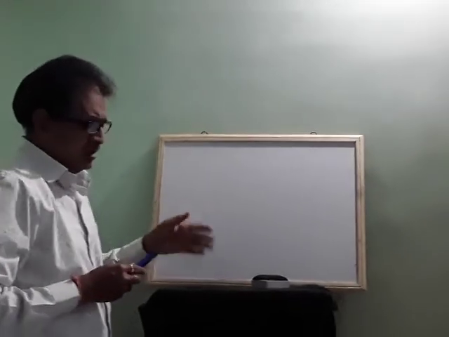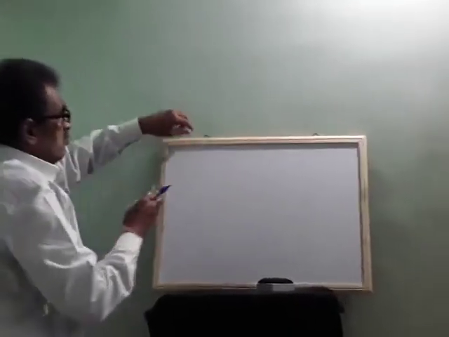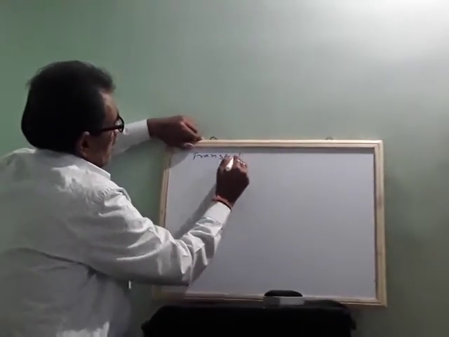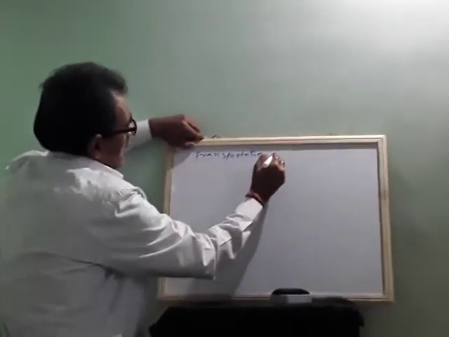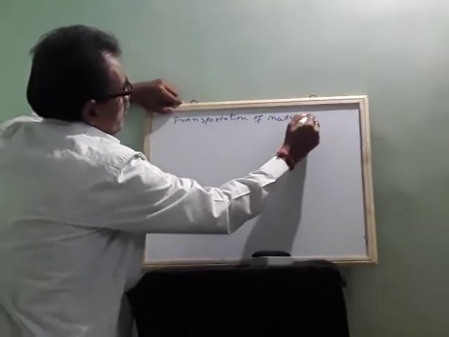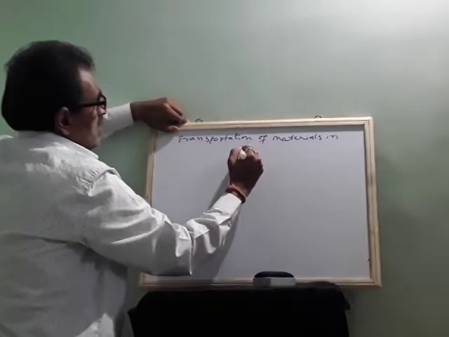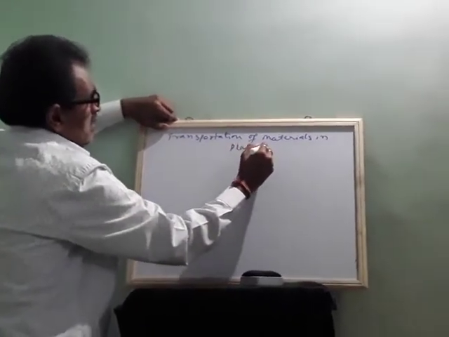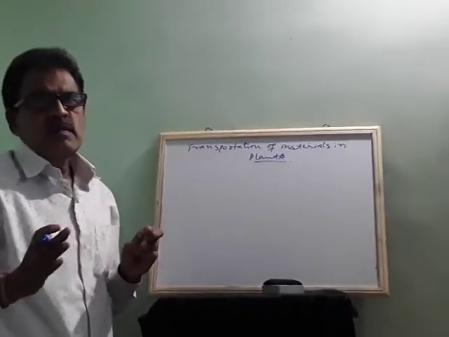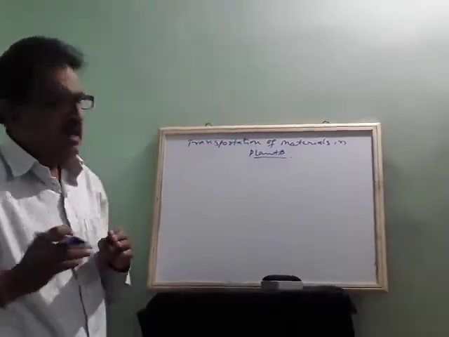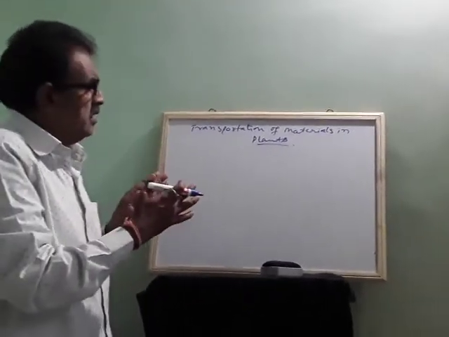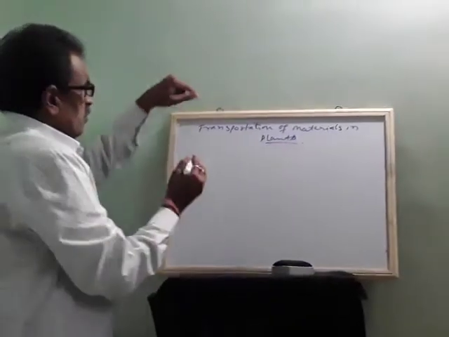Children, today we will continue the chapter of biology, transportation of materials in plants. The important materials which are required for the growth or the functioning of the body are mainly carried by vascular tissues, which we call